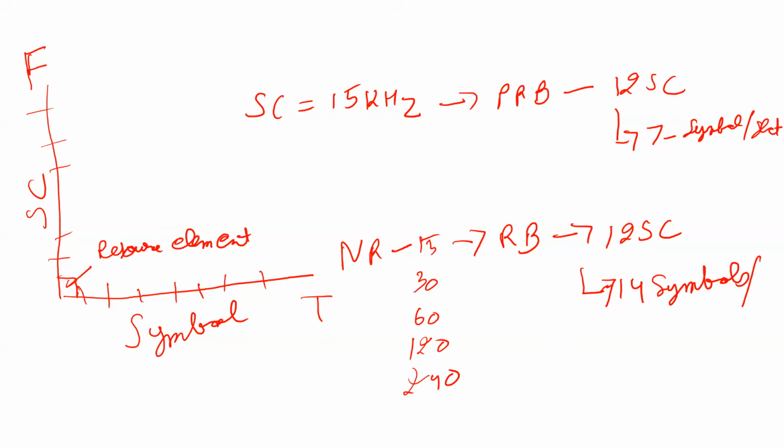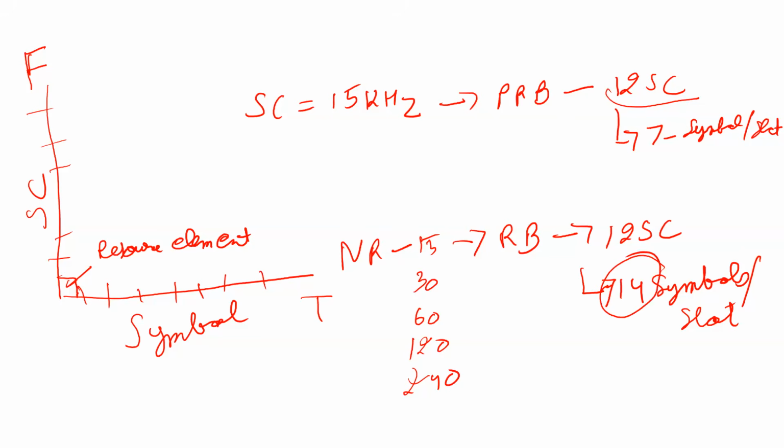Just remember this thing, that in case of 5G, we have 14 symbols per slot. Again, the lowest unit in the frequency domain is subcarriers, and the lowest unit in the time domain is symbol. The resource element is the smallest unit that can carry the modulation symbol. Anytime we are assigning PRBs, we are assigning 12 subcarriers. For 5G, the frequency domain still has 12 subcarriers, but the time domain has 14 symbols.